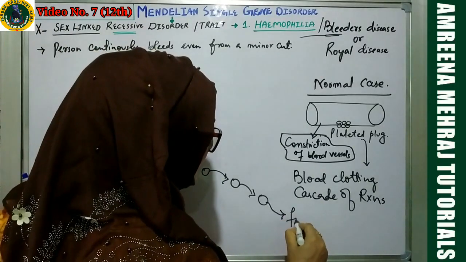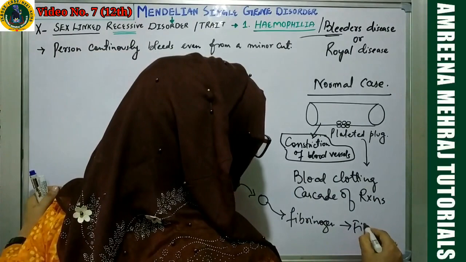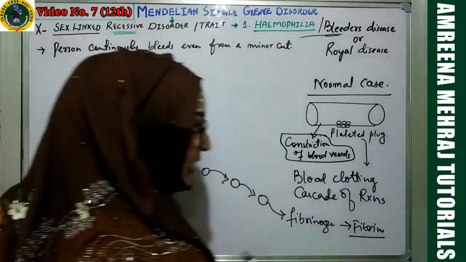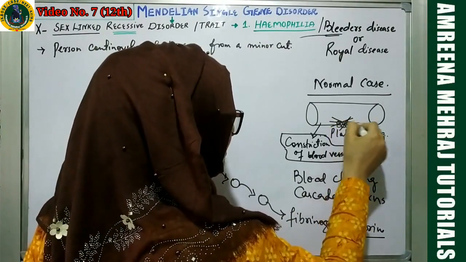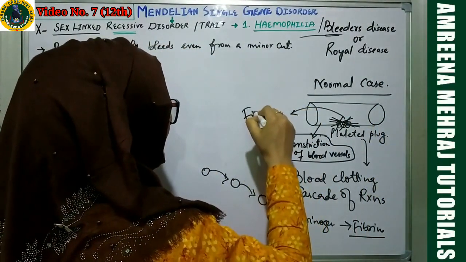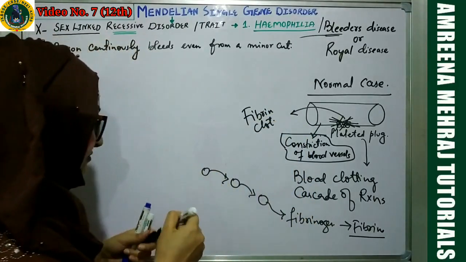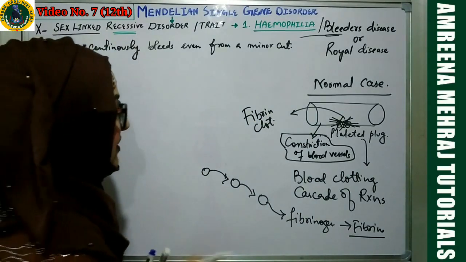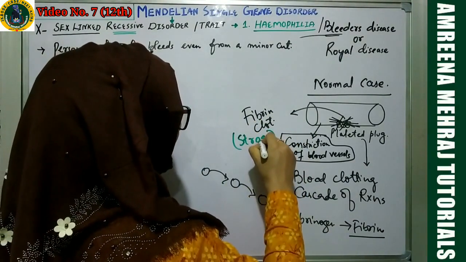Finally, you have to basically convert fibrinogen into fibrin. These fibrin threads will then get aggregated over here. So what are these lines which I am making? This is the final fibrin clot, which is very, very strong. This clot will basically prevent the further loss